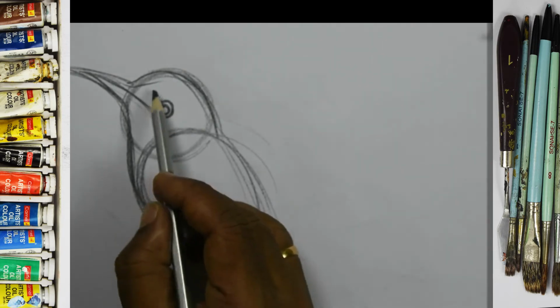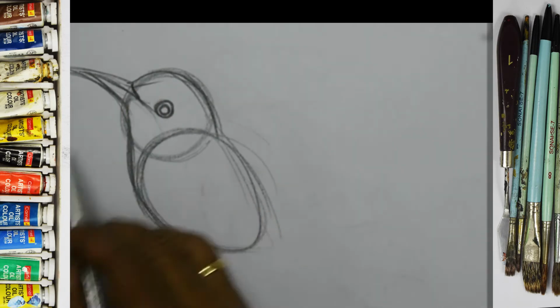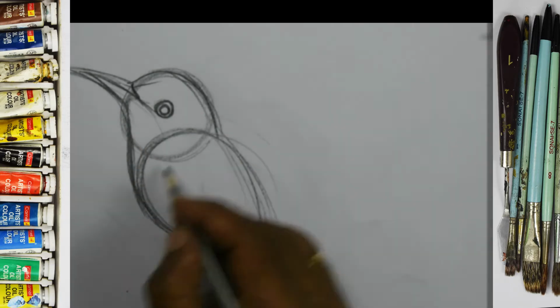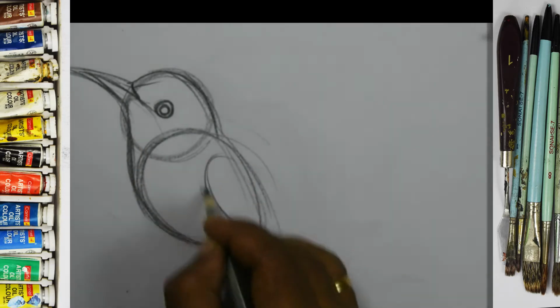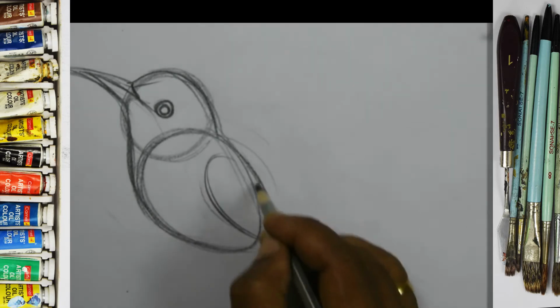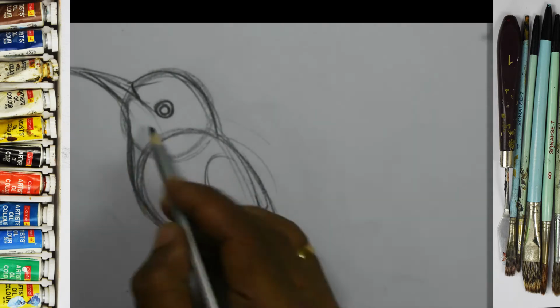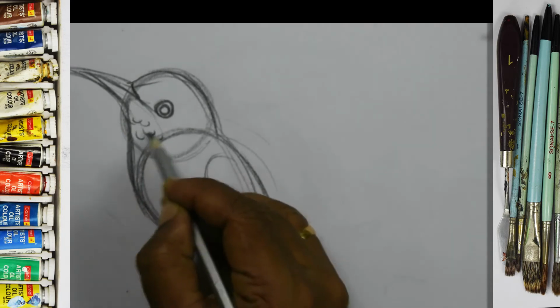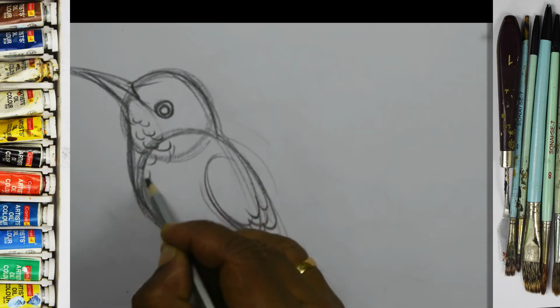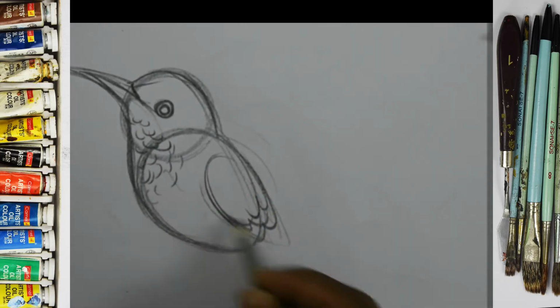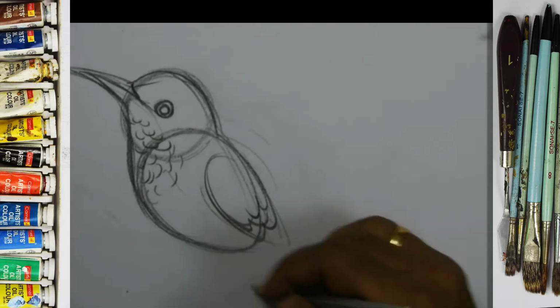So the bird I created here is called the hummingbird. This is the world's smallest bird. See, I just made the hummingbird in a very easy way. Okay, fine.